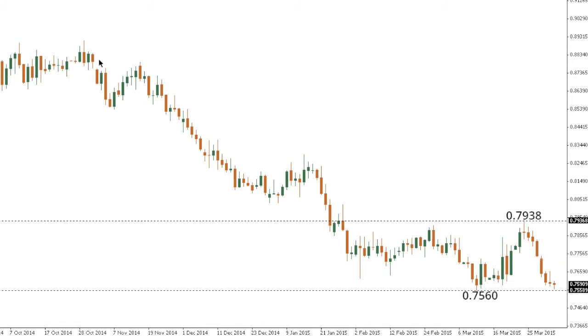Ultimately, though, the downtrend does remain firmly intact, and any rallies are expected to be very well capped on a short-term basis in favor of an eventual clear break below 75.60 towards the next major psychological barrier at 70 further down. Really, only back above 79.38, the high that we saw back on the 24th of March, would compromise the